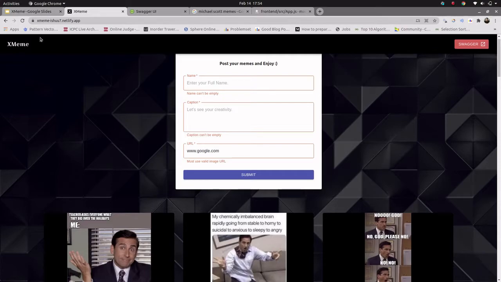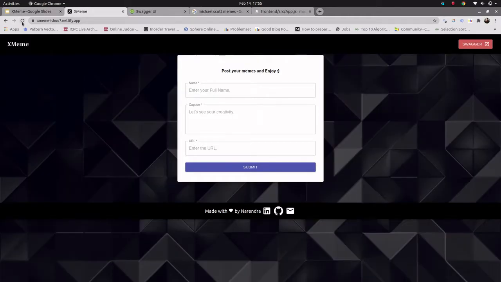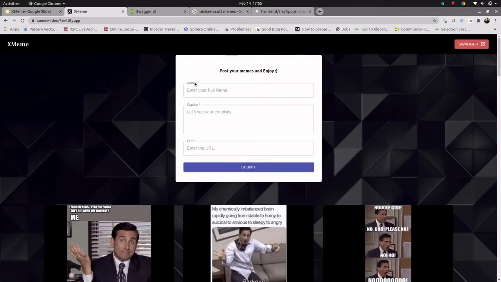So let me just reload my front end. Let's say a user wants to post a new meme, then they can simply enter their name, their caption, and there you have it. Let's say the user is Abhishek, and he's a fan of Michael Scott.